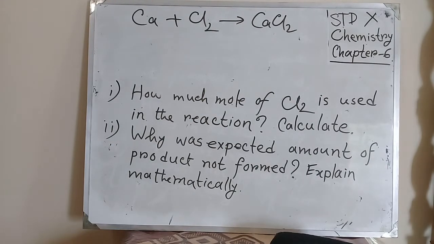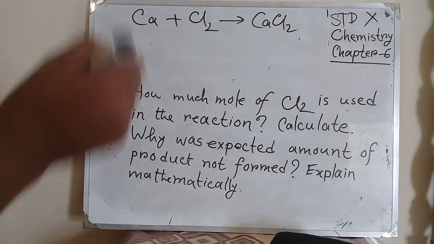We have taken 25 gram chlorine with 12 gram calcium, but if the complete reaction is held, then the total amount of both calcium and chlorine will be proper. Here we will calculate which one is the limiting reactant. We have taken 25 gram chlorine, but is 25 gram chlorine used or not used? We need to find out by finding the limiting reactant.